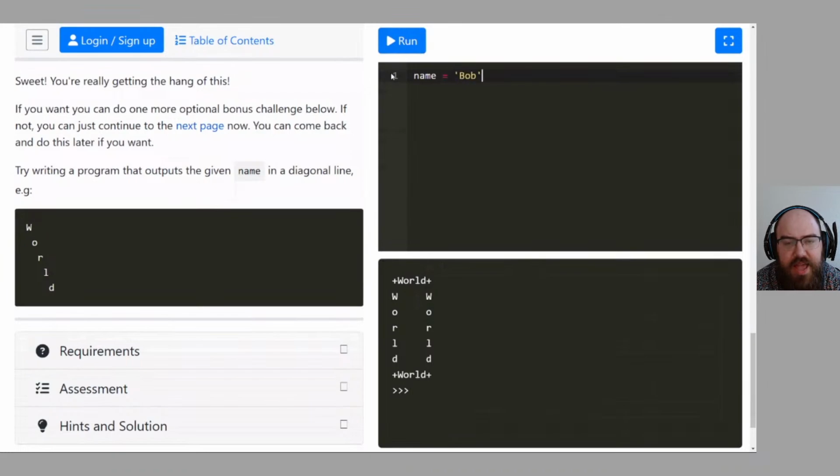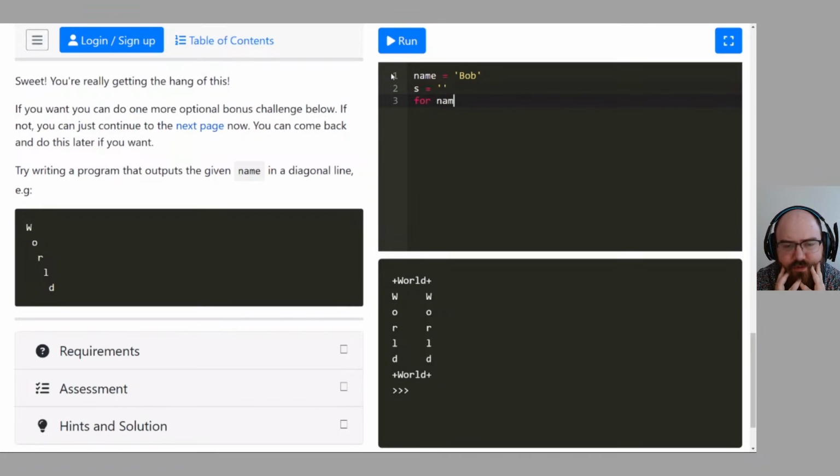Okay, now let's use s, standing for string, just s, lowercase, equals empty string. Now create a for loop to add a 5 to s for every character in Bob.